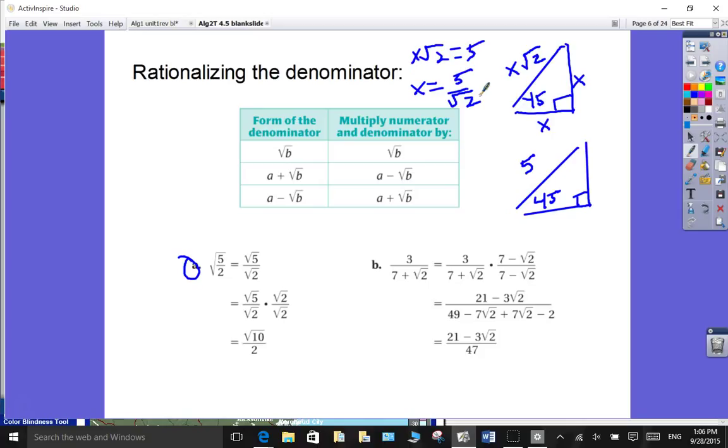Notice what happens. I'm looking at their example on the bottom here. When you multiply 7 plus the square root of 2 times 7 minus the square root of 2, it's a FOIL. The 7 times 7 is 49. The 7 times negative root 2 is minus 7 root 2. 7 times positive root 2 is plus 7 root 2. So those last two terms cancel. And the square root of 2 times the square root of 2 is 2. So by multiplying by what we call the conjugate, you get rid of all the radicals